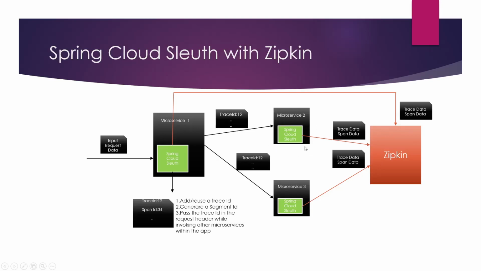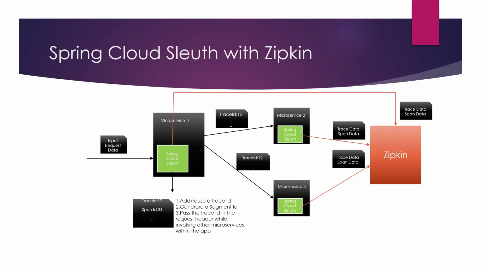Likewise, each of the Spring Cloud Sleuth components running within each microservice will send the trace data to the centralized Zipkin server. Through this Zipkin server, we can see the collected trace data and use it to visualize the performance and any error-related data as it passes through each of these microservices in a unified interface. So we will take the existing application that we had and add the Zipkin server dependency.